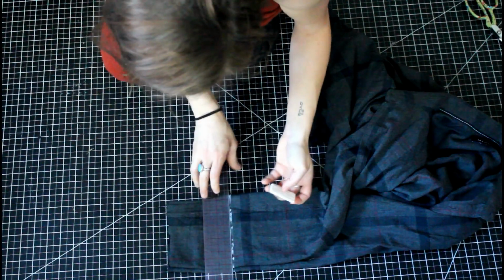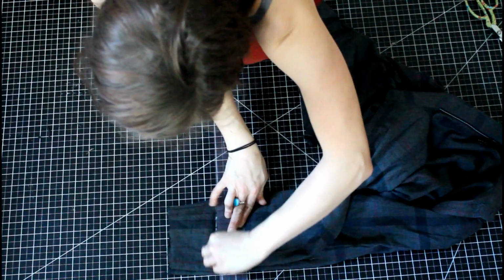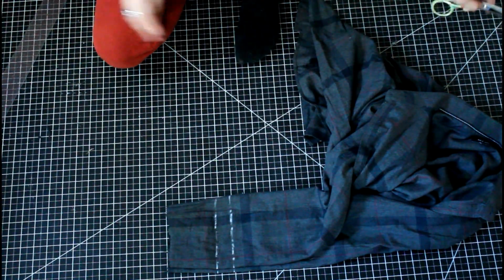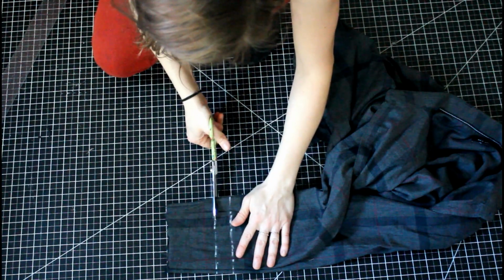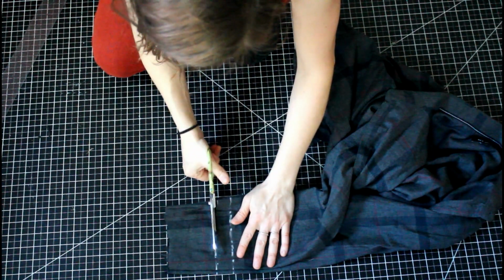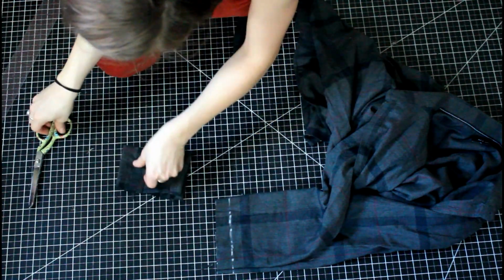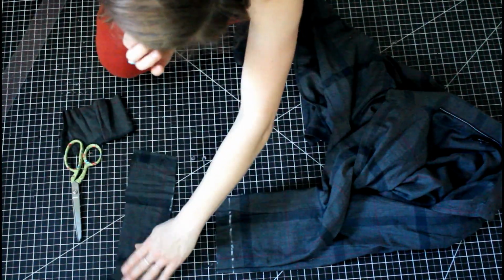So I'm going to mark where I want the sleeve to be folded. I'm going to do a 1-inch hem, and I'm going to probably blind stitch that so it's a nice clean looking finish. I'm going to chop off the excess, save those buttons,